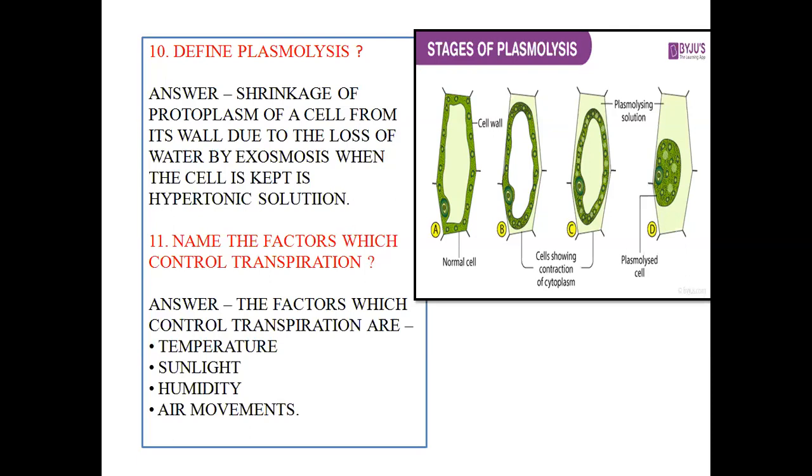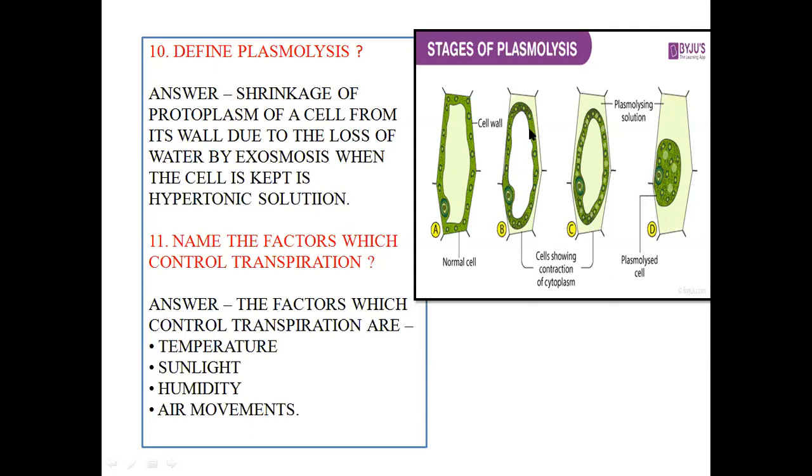Now students, as all of you can see, when the normal cell is dipped in a highly concentrated solution like sugar solution or salt solution, what happens? The outside of the cell becomes hyperconcentrated, whereas the cell sap inside the cell becomes less concentrated. Therefore, water from the cell sap as well as from the protoplasm starts moving out by the process of exosmosis. And what happens due to that?